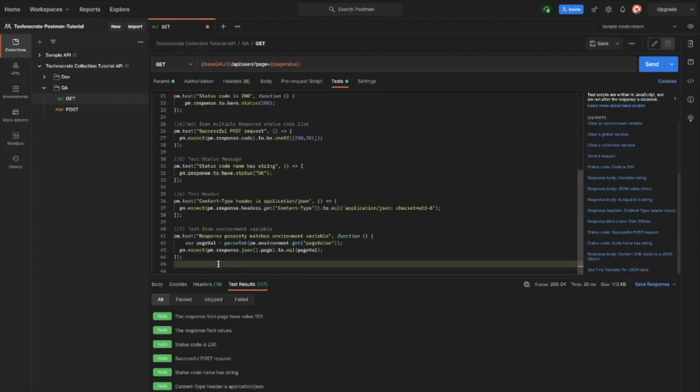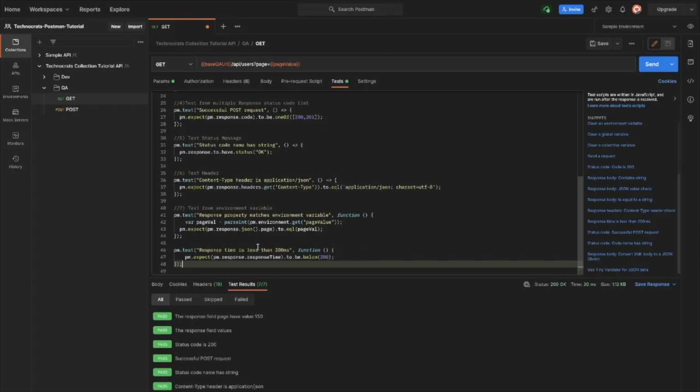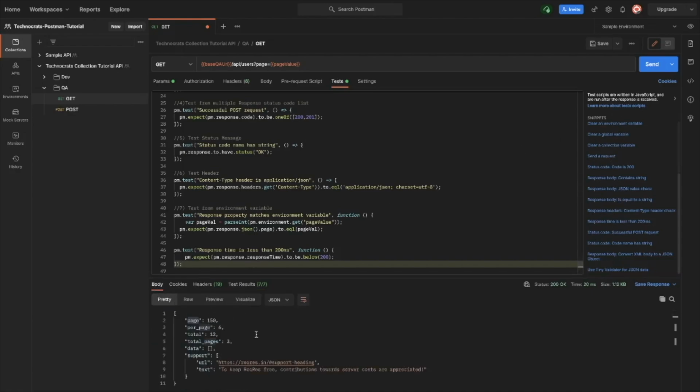For example, if you want to check the response time of your request, you can just find this on the right side of the test tab under request time. If you click here, a test is automatically generated. Similarly, you can explore some other simple tests which are already provided by Postman, and you can write much more complex tests with scripts to check anything in your response body or in headers and even